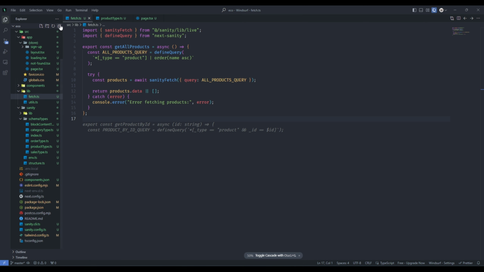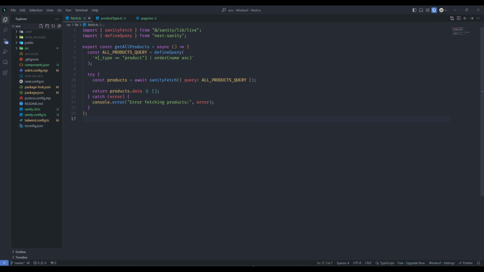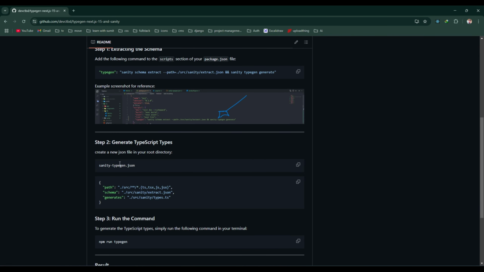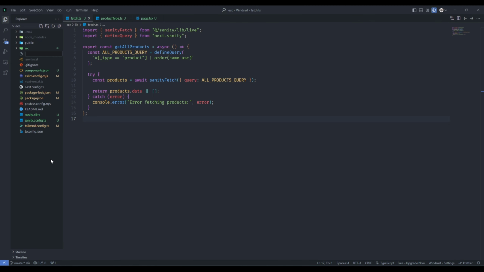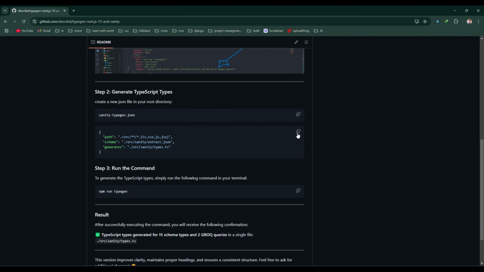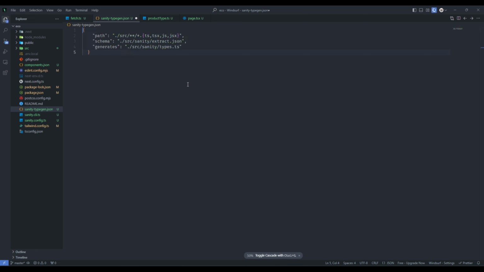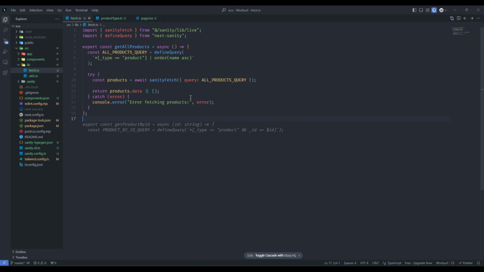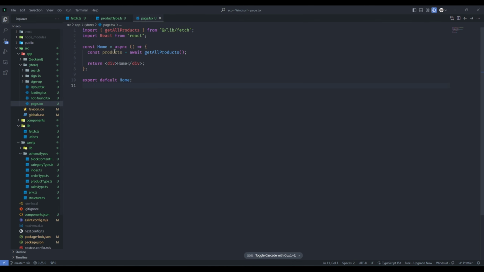And then you need to create a new file in your root directory. Just paste and create this file, and then copy this code and paste it here. Okay, boom. Just awesome. So now our product type is any, and now